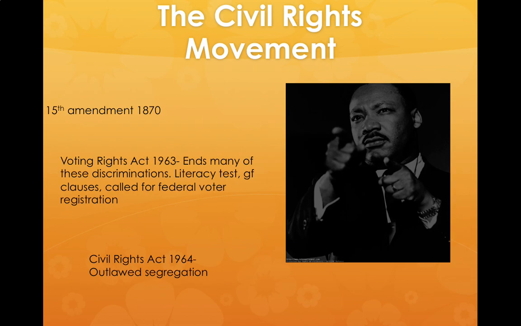One of the other accomplishments of the Civil Rights Movement in the 1960s was the Civil Rights Act that basically outlawed segregation and discrimination in the workplace. So that tried to deal with some of the social issues of that time. But for this unit, we're more concerned with the Constitution and the status of voting rights. And the Voting Rights Act of 1963 was one of the major accomplishments for Dr. King.